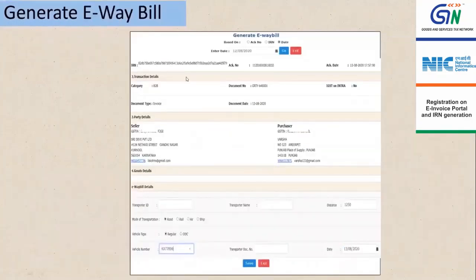So there is an option for generating eWaybill directly from the IRP system. You enter the IRN number or the acknowledgement number and enter your Part B details, and the eWaybill will be generated. So this is a seamless integration between eWaybill and the IRP system, so that whenever an eWaybill is generated, it is reflected directly in the eWaybill system. So whenever you are generating IRNs on the production, you should note that if you generate eWaybills, they will be there in the eWaybill system.